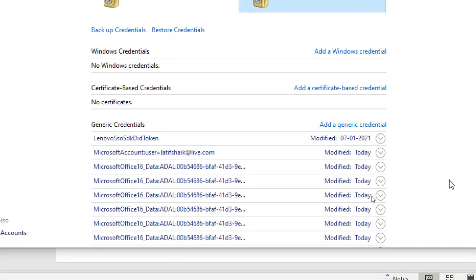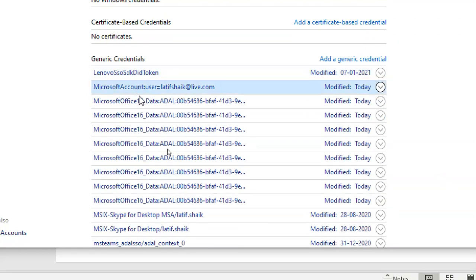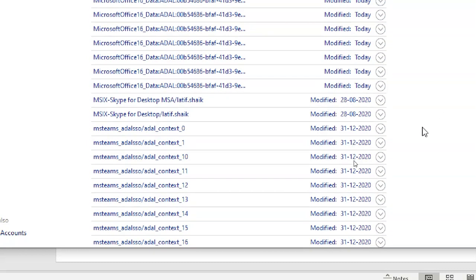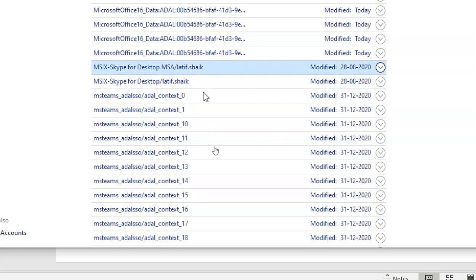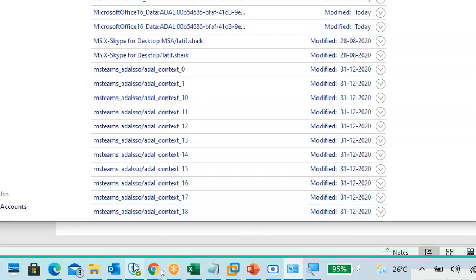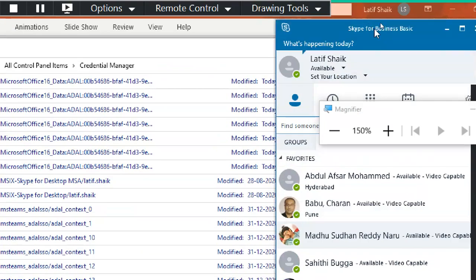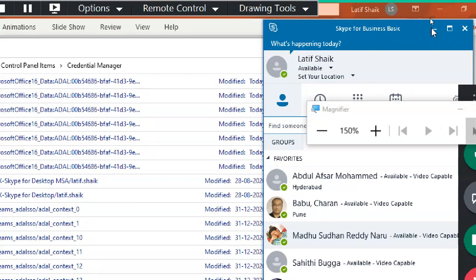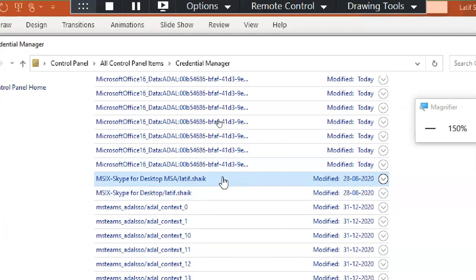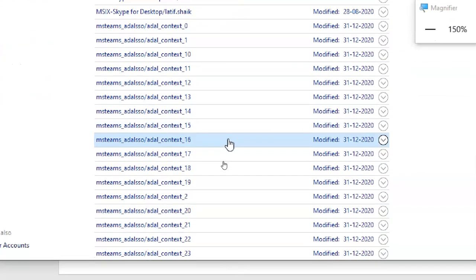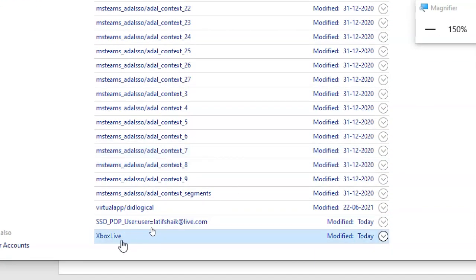Office 365 means Office 16 related stuff. Skype for Business: when I log into the system, my Skype for Business automatically logs in, so I no need to give username and password for this one. The credentials are here. Like this, Xbox Live, virtual app.